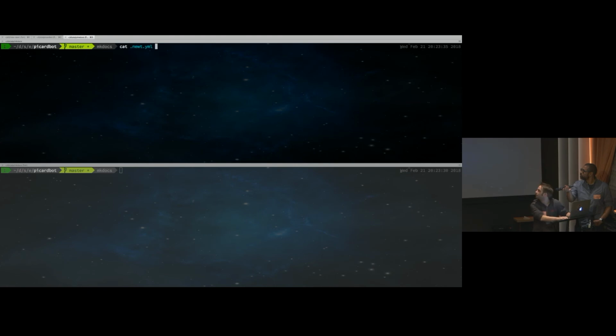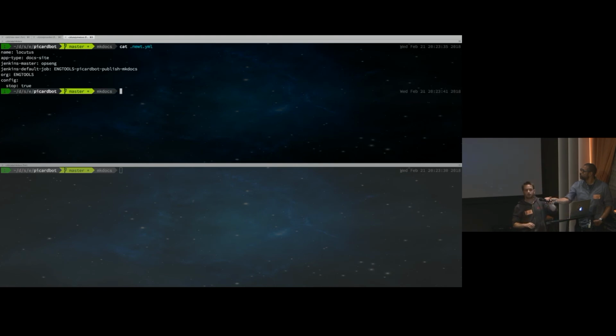So this is the same project, the same TypeScript project we talked about before, except this is a subdirectory called MkDocs, and it's got a different app type, a different newt YAML. What this says is this is actually now a documentation thing, and it basically exposes more commands. One of the things we can do here is what...